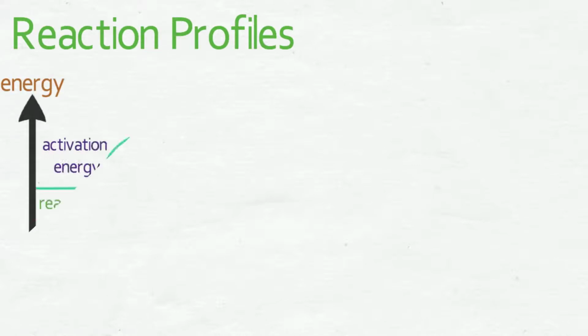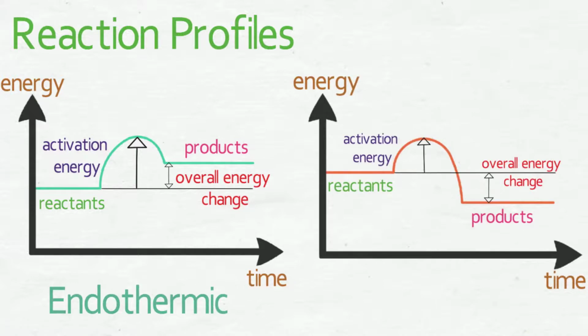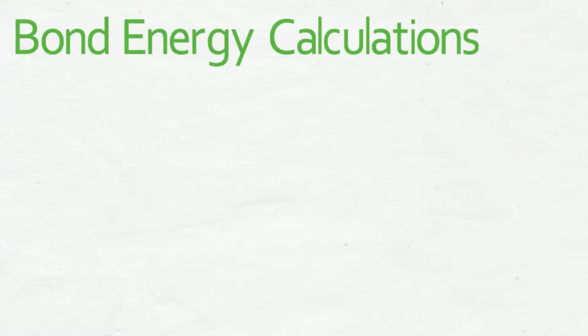In that video we looked at reaction profiles. A reaction profile tells us how the energy changes during a reaction. From a reaction profile we can see the amount of energy that is needed to kickstart the reaction, and this is known as the activation energy, and we can also see the overall energy change. The overall energy change is the difference between the energy in the products and the energy in the reactants. A positive value for the overall energy change means that the reaction is endothermic, and a negative value means that the reaction is exothermic. We are able to use bond calculations to work out if a reaction is exothermic or